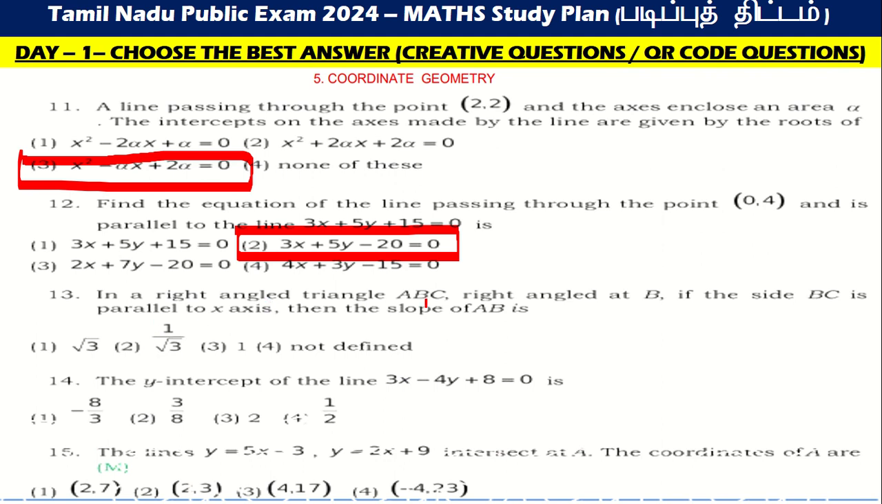A right angle triangle ABC right angled at B. If the side BC is parallel to x axis, then the slope of AB is. Then the slope of AB will be, your answer, not defined. 14. The y-intercept of line 3x minus 4y plus 8 is. The lines y equal to 5x minus 3, y equal to 2x plus 9 intersects at A. The coordinates of A are